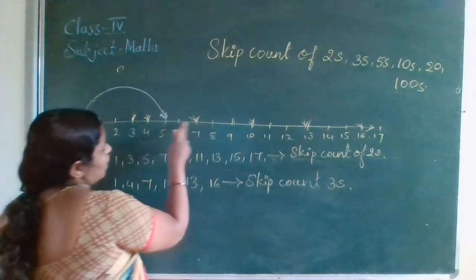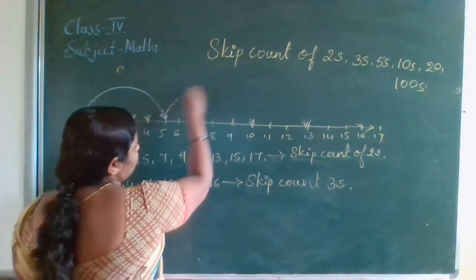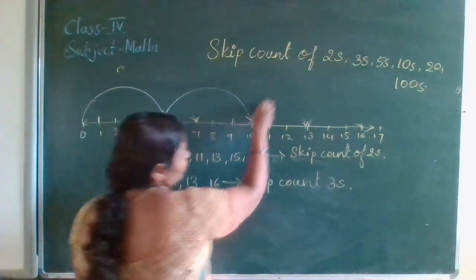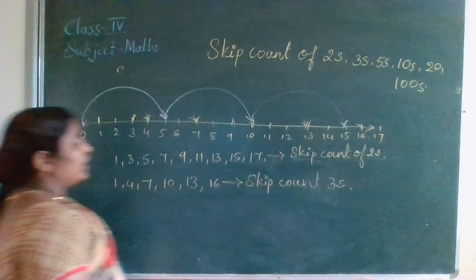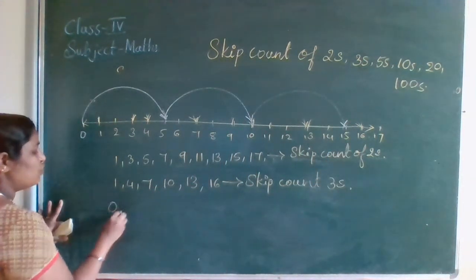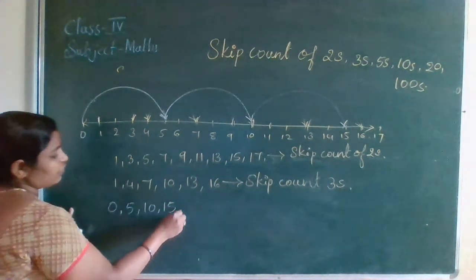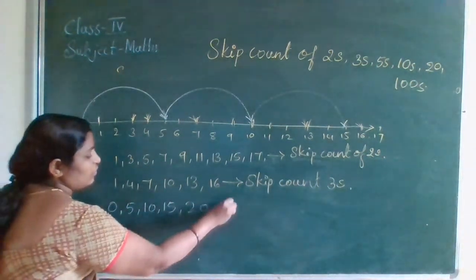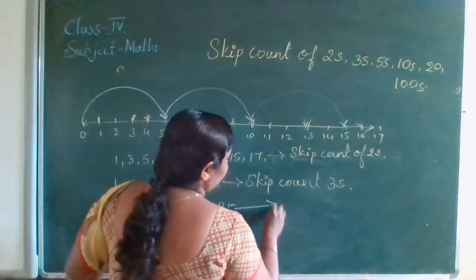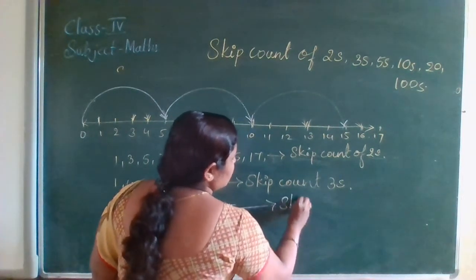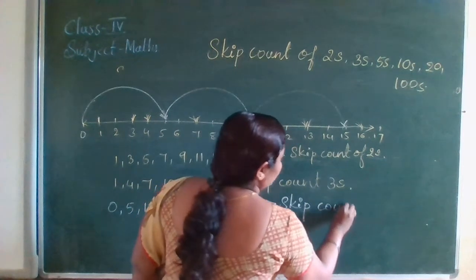Then 5 jumps, 1, 2, 3, 4, 5. 10 jump. 15. I'll write the answers here: 0, 5, 10. After this 15, next 20 will come. 25. These are the skip count